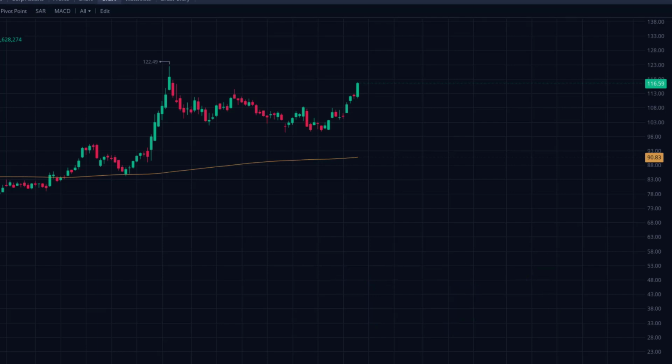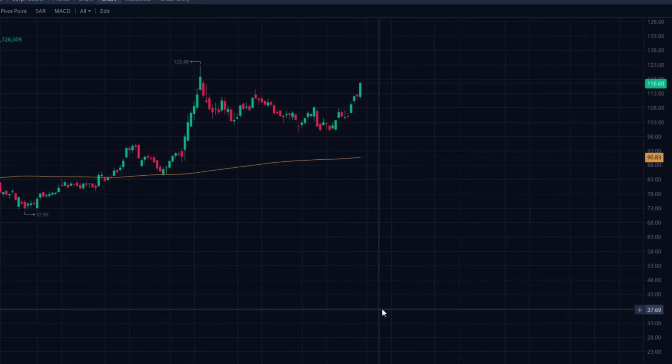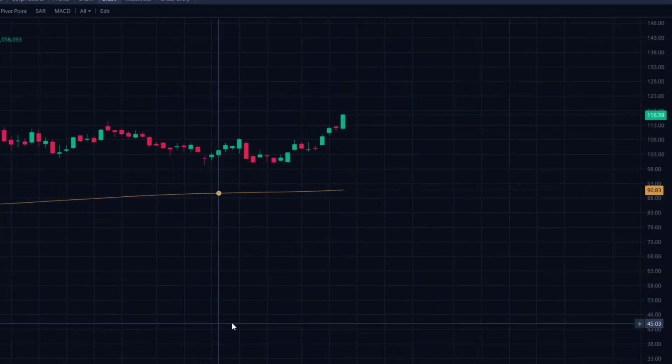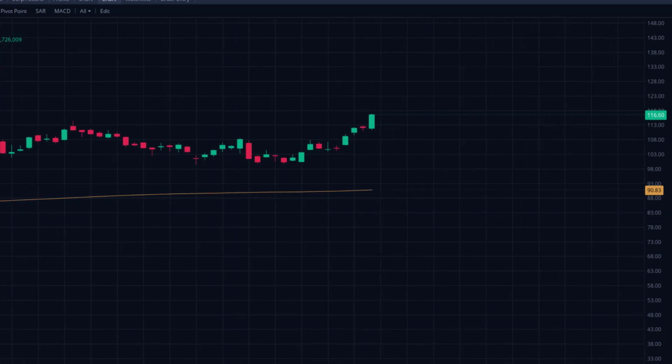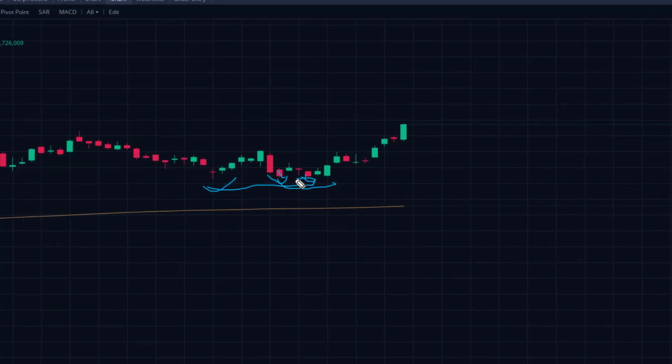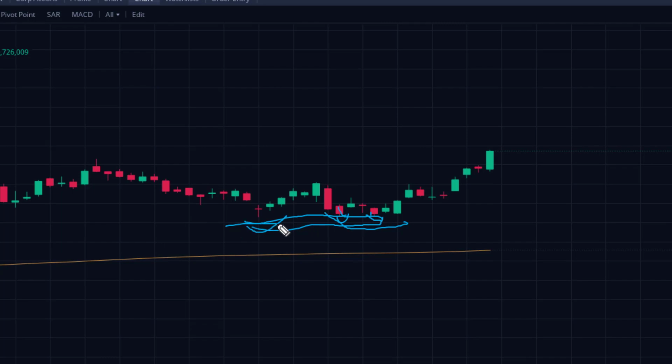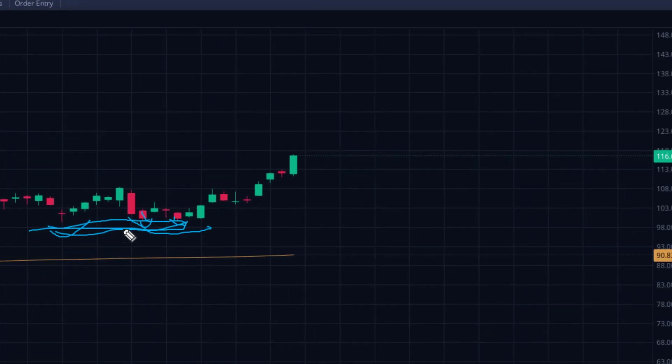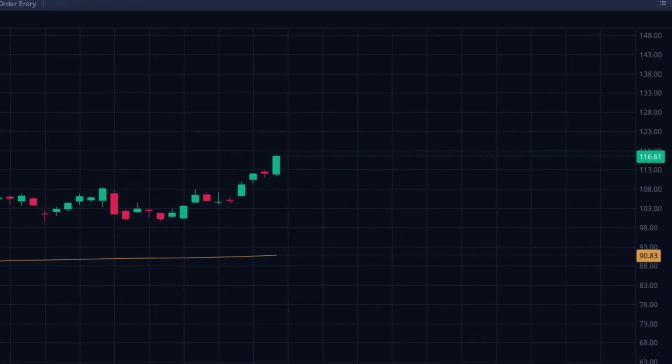So let's look at it now on the chart. Let me zoom up a little bit. This is AMD, we're above the moving average. We have our double bottom, price here and then here, and it actually hit it a couple times, so it might have been a triple bottom. We tested this level, which was $98, 3 times, and every time it just got buyers. And that's one of the things we want to know.